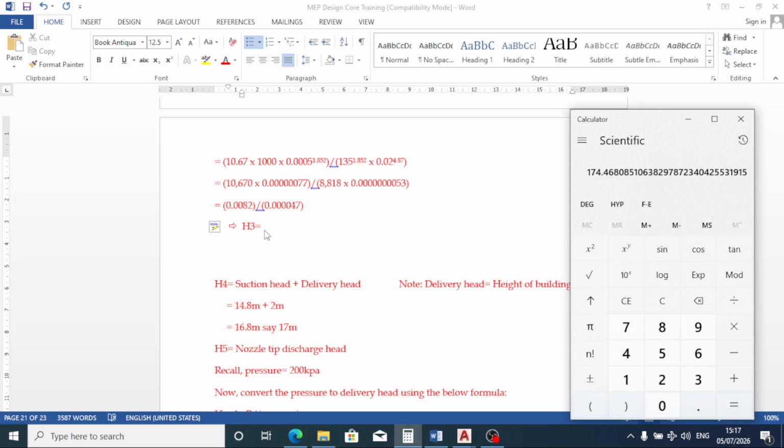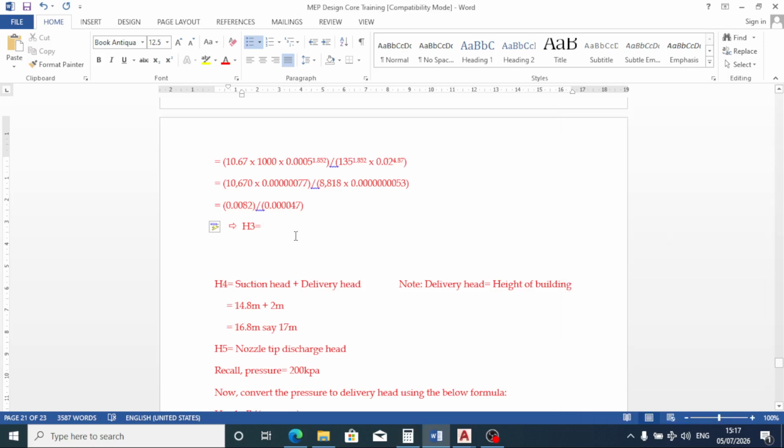Yes, 174. Okay, let's yes, 170. Okay, let's say 175. 174.4 meters. Say 175 meters. So this is the loss we are going to have in 1,000 length of pipe. So now